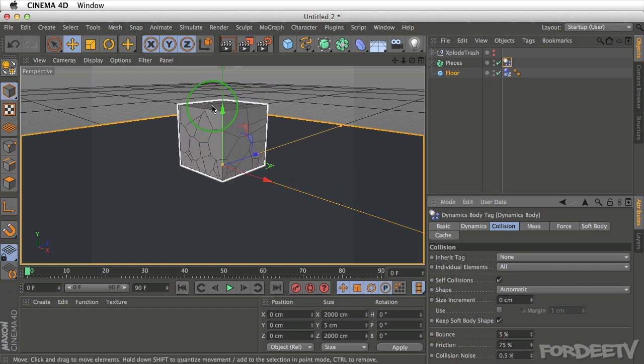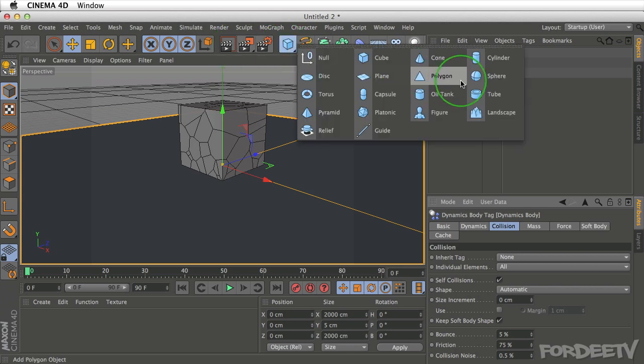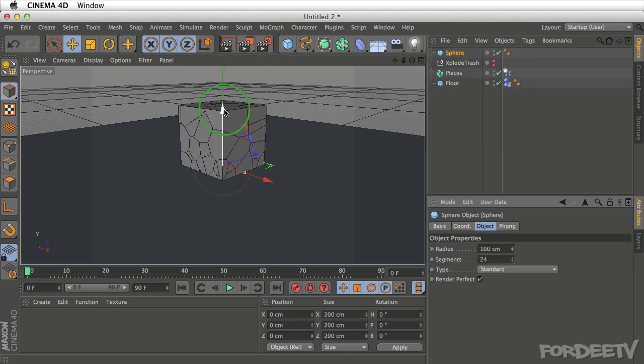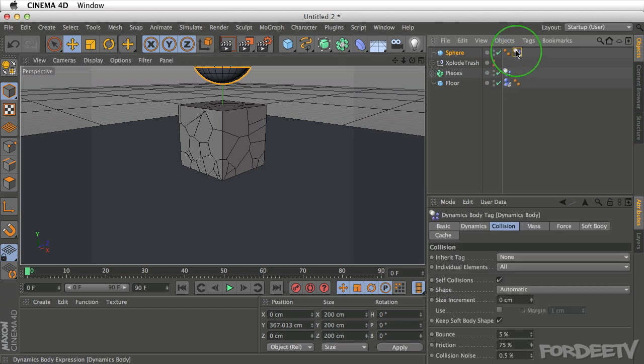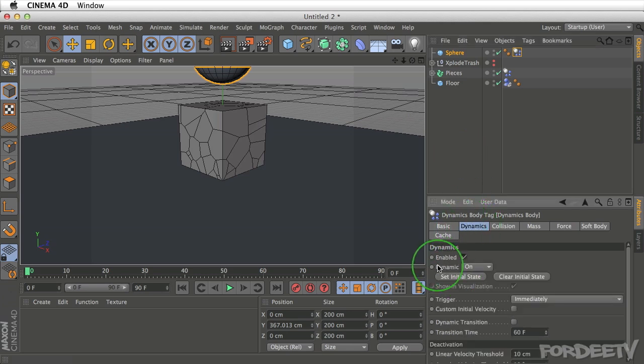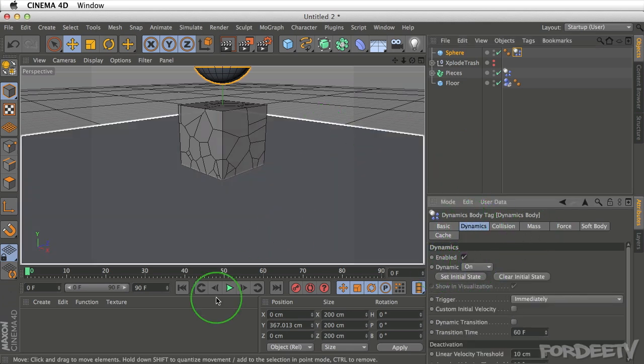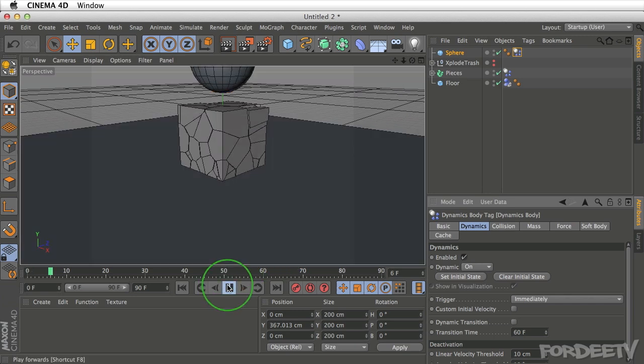Instead of having gravity do its thing, let's say we add a sphere to our scene. I'll click and hold on the cube here, come over to sphere, and then I'm going to click and drag it up on the y-axis. Next, I need to add a rigid body tag to this. So I'm going to go ahead and control click on the pieces dynamics tag and drag it up to the sphere tag itself. We'll make sure dynamics is on, and now when we press play, it's going to break apart,